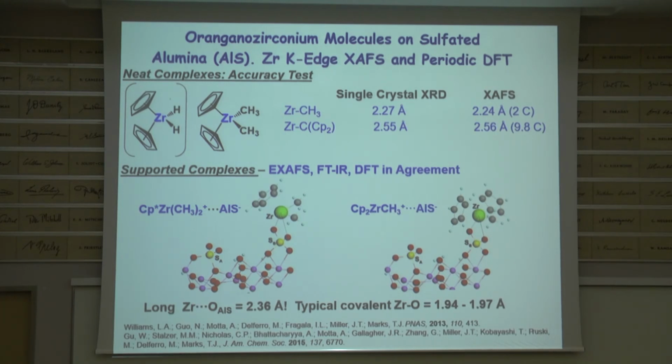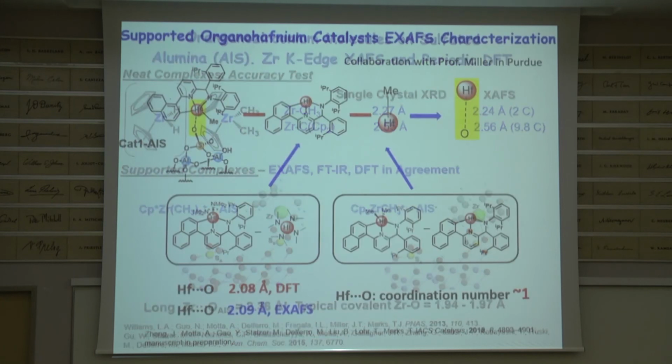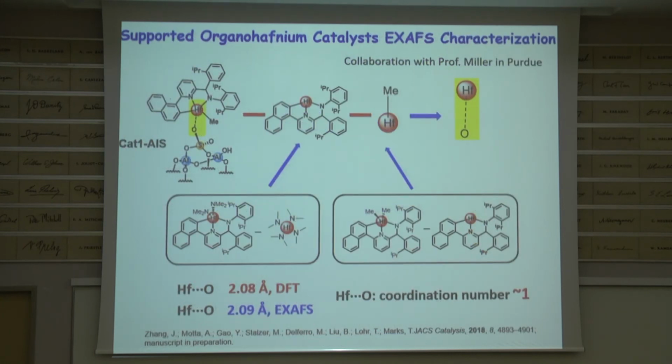Now, I want to go one step beyond this. Oh, this is just an aside. It just came out in ACS Catalysis. This is the hafnium analog. It's reactive as hell. The starting material was made at Dow, and that's now commercialized. They're looking for catalysts which will run at 180 degrees C. And this hafnium compound does, and it has a whole interesting surface chemistry. Read all about it.